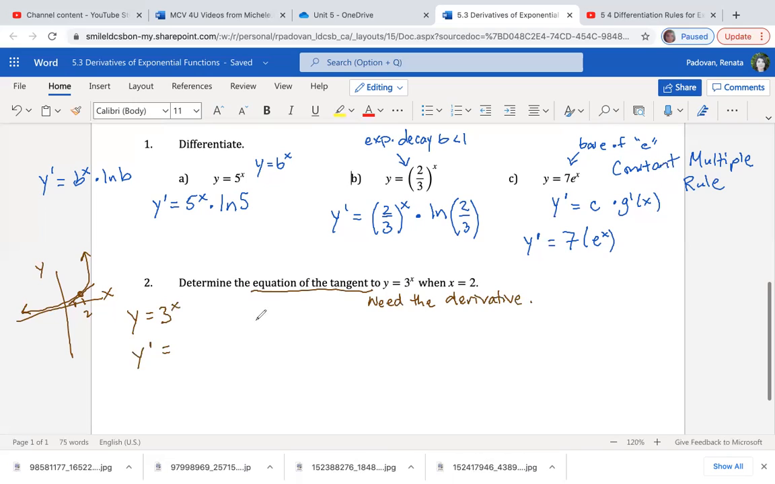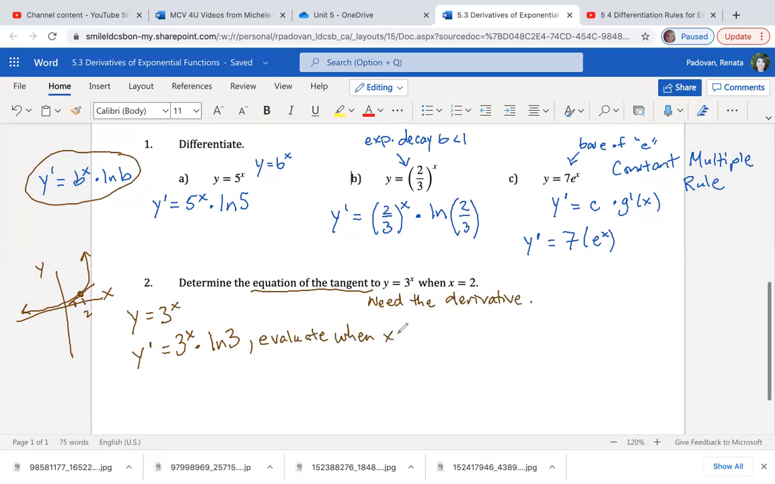So again, when it's base b, don't forget the rule here. So I write out 3 to the power of x, and I multiply that by the ln of my base, which is ln of 3. And then I want to evaluate. So I've gotten my derivative. I can't go any farther. Evaluate